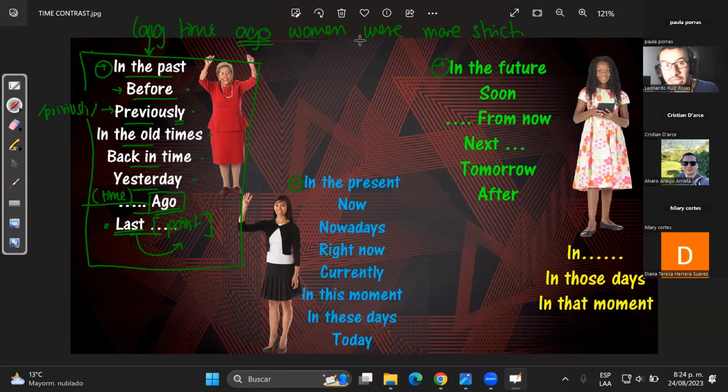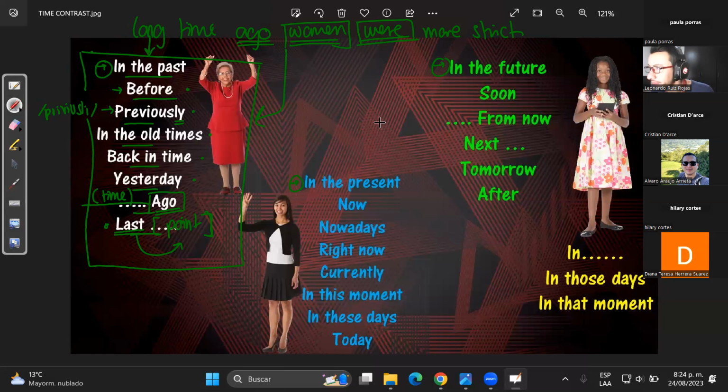Yeah, so in that case, let's refer to the old grandma there. Yes, I said that the long time ago the women were. ¿Strict es estricto? Yes, exactly. O sea, que hace un tiempo ella era más estricta. Excellent. The women, ¿no? O sea, las mujeres in general, ¿no? Sí. It's an example, right? Ah, ok, de women en general. Exactly. So in that case, the women were more strict or stricter, right?